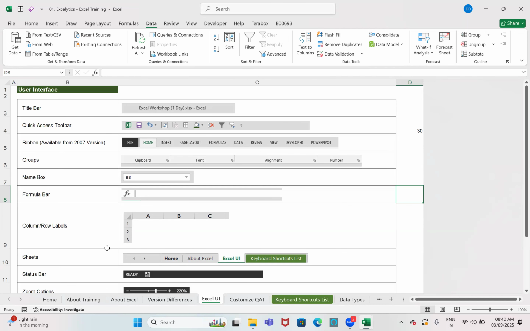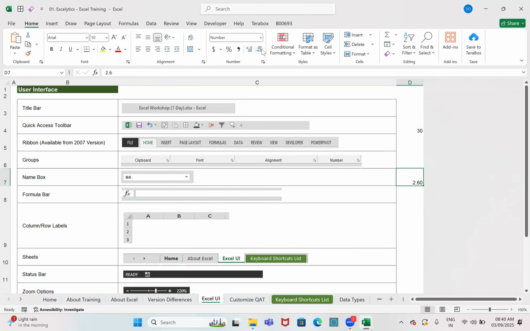Okay. Next, what is this? This is the name box. And this is the formula bar. In the formula bar, you can see this 30, right? But if you keep your cursor there, then you will see whether it is an actual value or a formula. In the formula bar, you can see the actual value. So I'll write 2.6. I will remove the decimals. It is looking like 3. But if you keep your cursor there, you can see the actual value in the formula bar. That is how to check it.